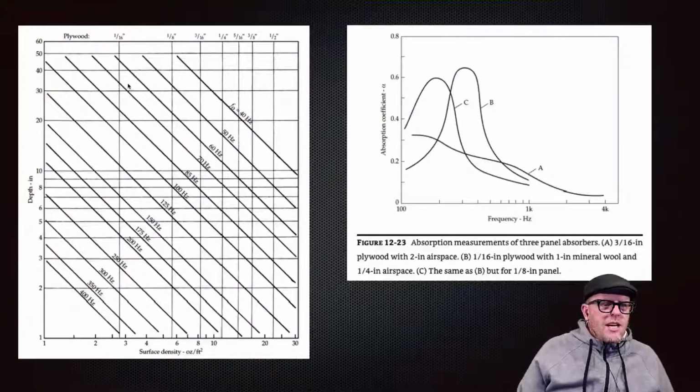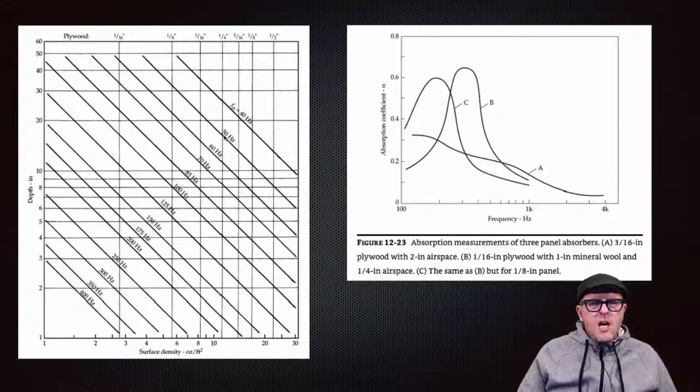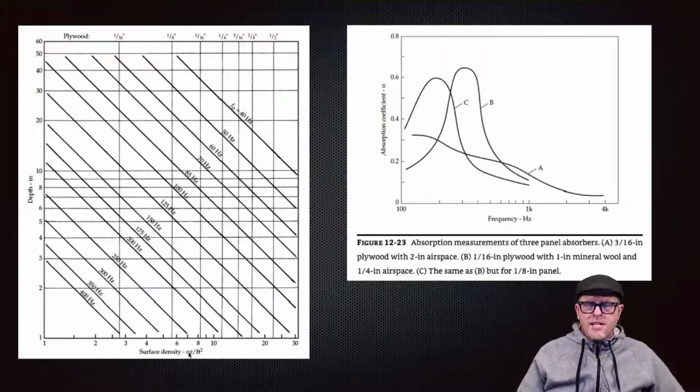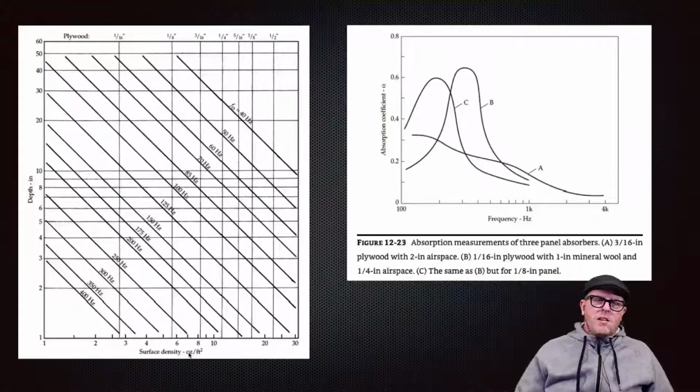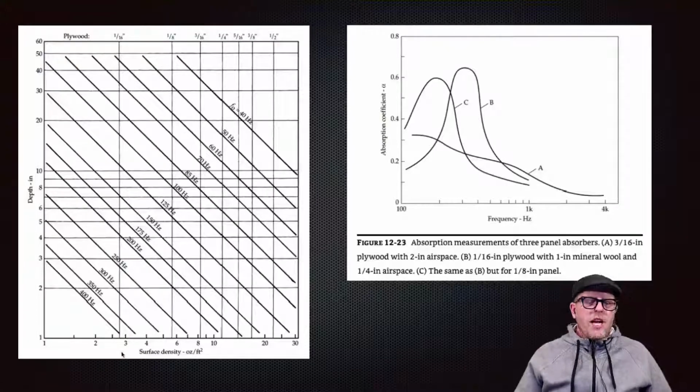But what this means right here is if I want to absorb 50 hertz, for instance, that's this one right here. What I can do is find, so this is plywood, or I can look at it in terms of surface density, as in ounces per square foot. Blech. Who wants to use imperial? I would totally use metric for this, but you can use any material that has this sort of density right here. Or if you just want to go to Home Depot and buy some plywood,